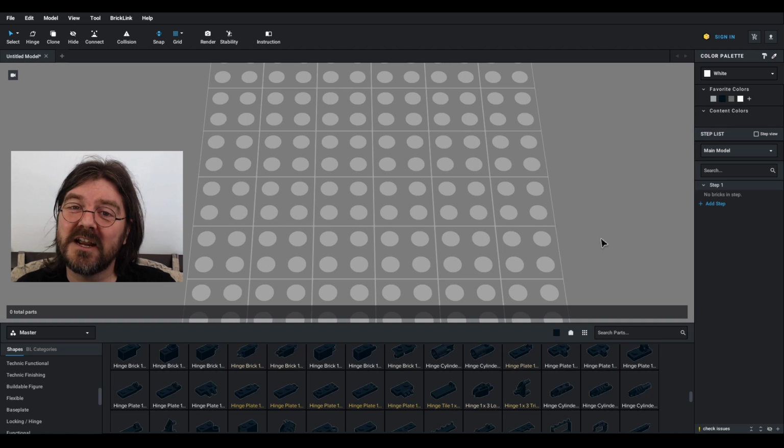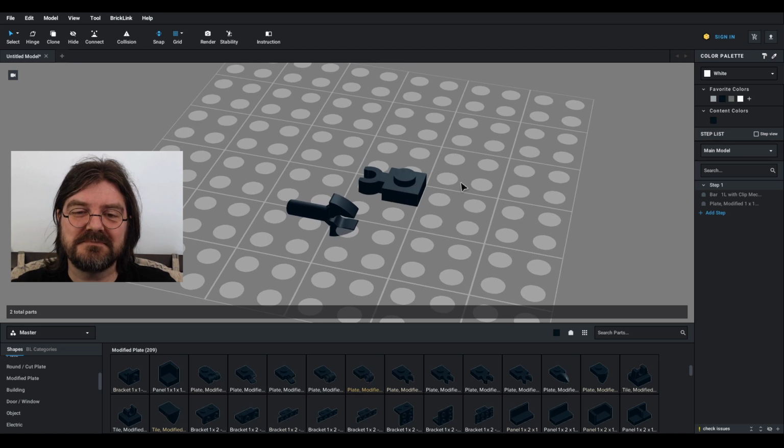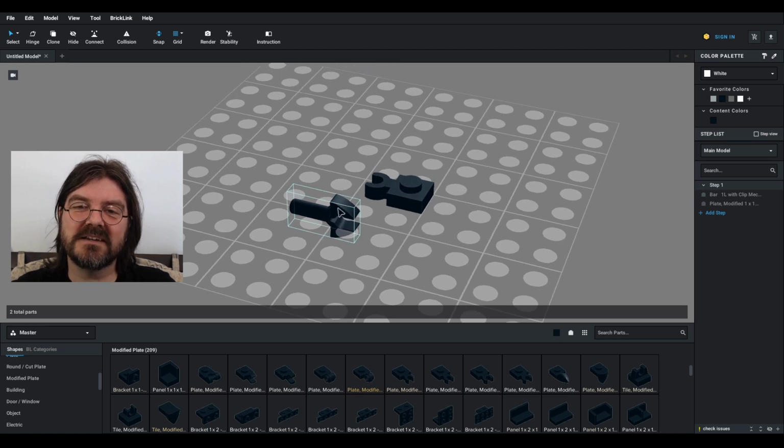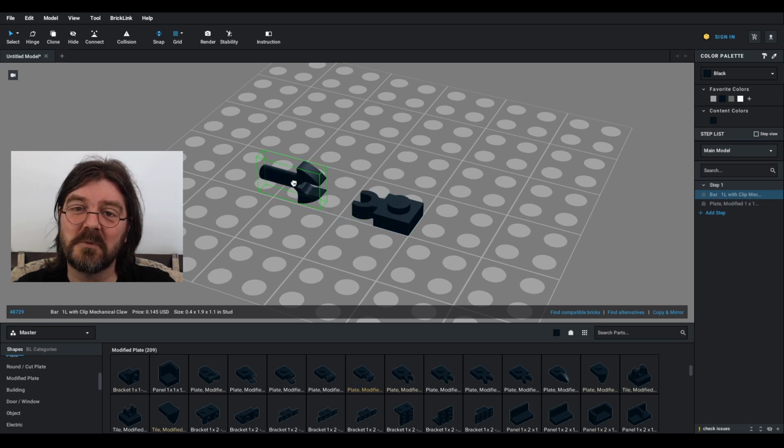Now is the time of the video where I show you a couple of those little funky techniques I mentioned. So the first one is something that you can do with real bricks that is a bit of a challenge to do in Studio, but with the connect tool, it's actually a really simple thing to do. So I've seen this technique a few times in different builds. Taking one clip and placing it perpendicular to another and then fitting them in, and you'll notice in Studio it doesn't do that very well, but by using the connect tool you can do it.